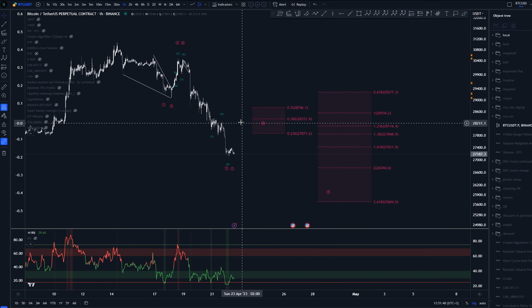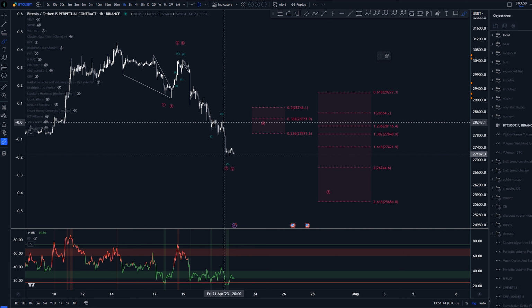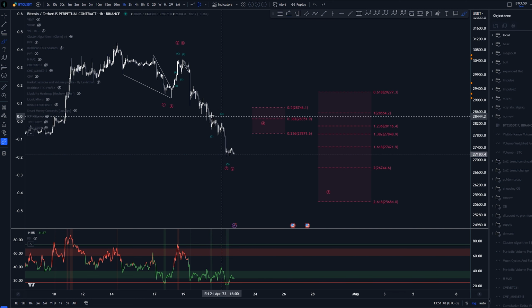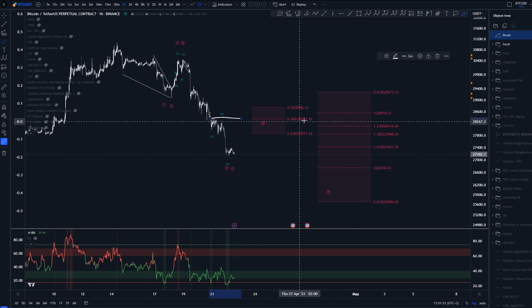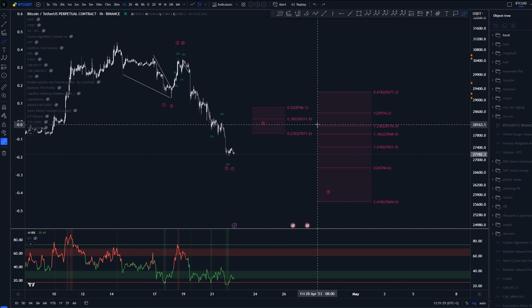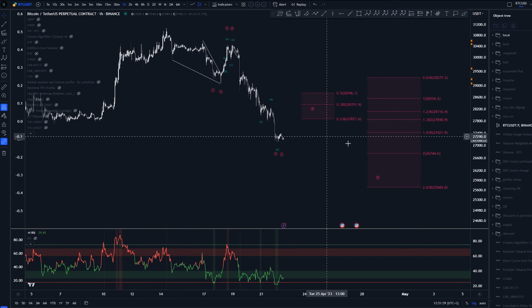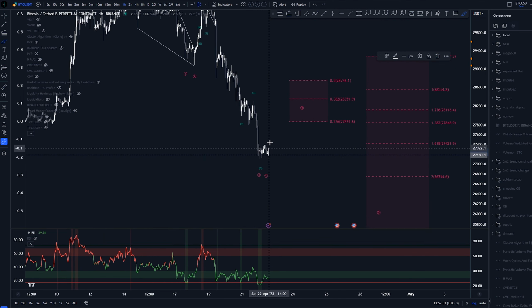So when do we again start to think that this might not be a wave 4 anymore? Is when we come back to or go through the previous wave 4 consolidation. So if we go through this area of 28.35k, then we can start to think that this might be something else. There's still a slight possibility where this is a C wave, and now we are going to be creating